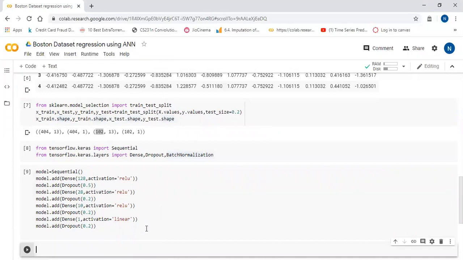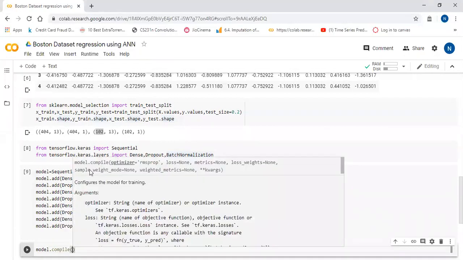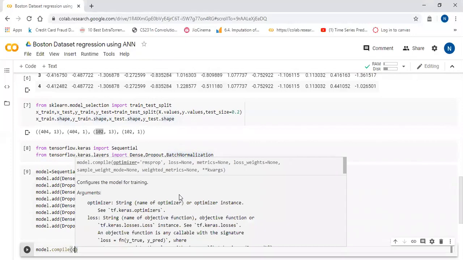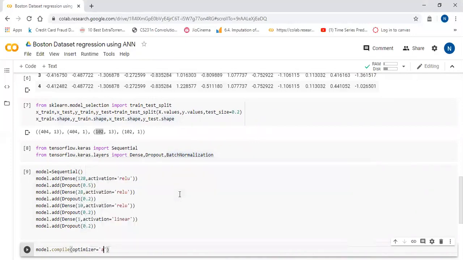architecture. Now the second step, we need to compile that model. So I'm going to compile that model. Model.compile. You have to pass optimizer, loss function, and metrics. Optimizer, I will pass Adam right now.